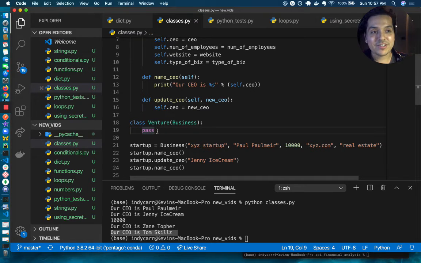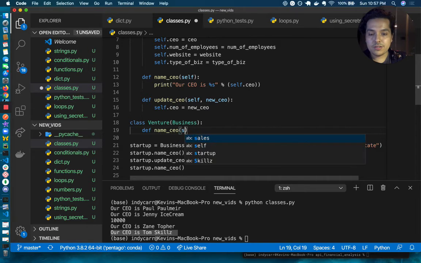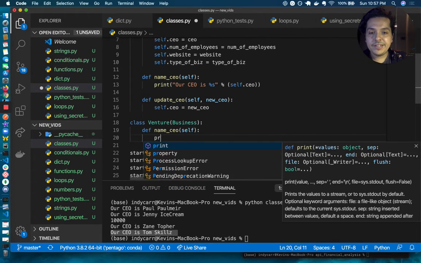But the great thing about this inheritance and these classes in general is that you can override a lot of the properties and also methods. So let's say you wanted to overwrite this functionality. You can either extend it or you can just update it. So let's say with Venture, we want something different with name_CEO. So let's do name_CEO(self), and then here let's just say